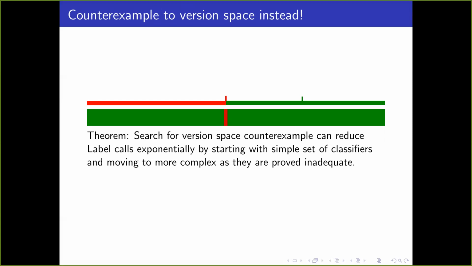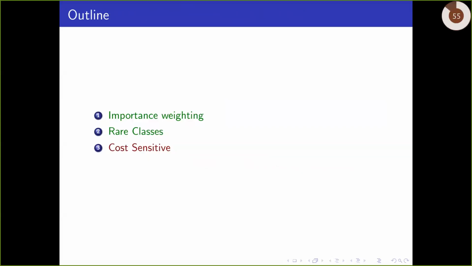So I don't want to go into the details, but this is kind of the essence of things. We have simple and more complex, more complex, more complex sets of classifiers. You start simple. When search proves you wrong with that simplicity, you move up to the next most complex thing. And you just keep doing that. And that process of moving from simple to complex ends up creating the points which allows you to do the binary search that Ashwin wanted to do. Okay, so that's rare classes.